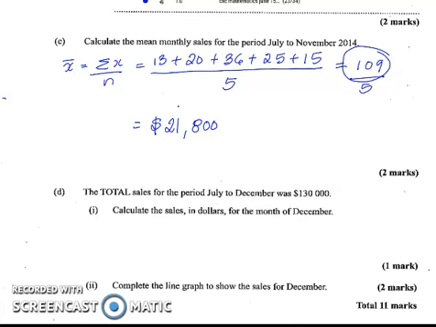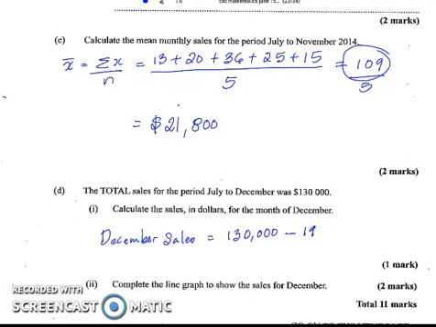It means therefore that the December sales would be equal to 130,000, which is the total sales for the 6 months, minus 109,000, which would be the total sales for the 5 months before December, and that should leave us with the sales in December being